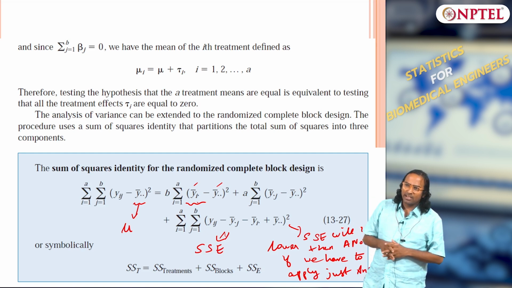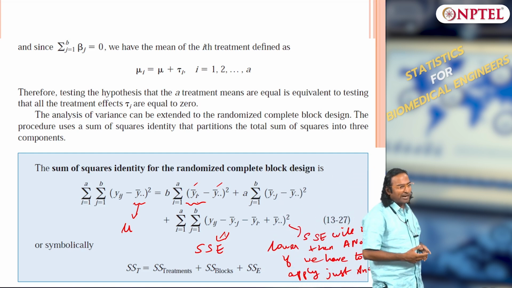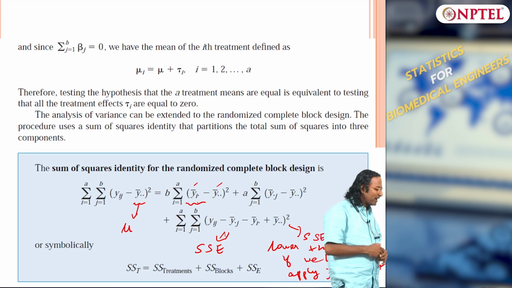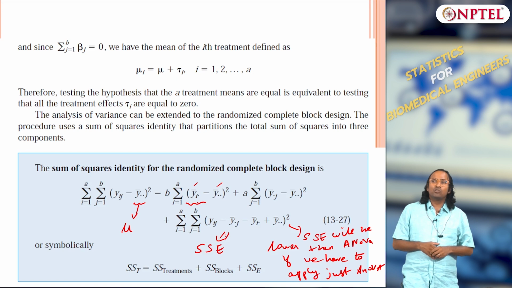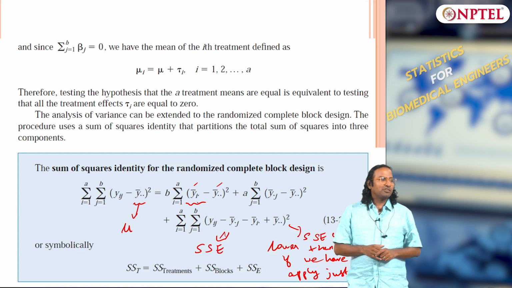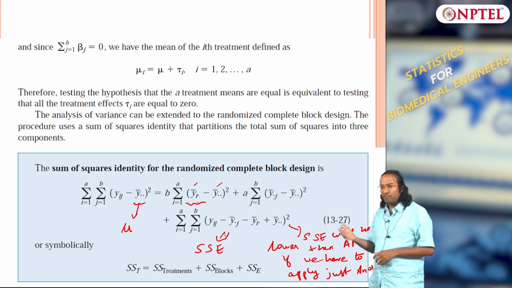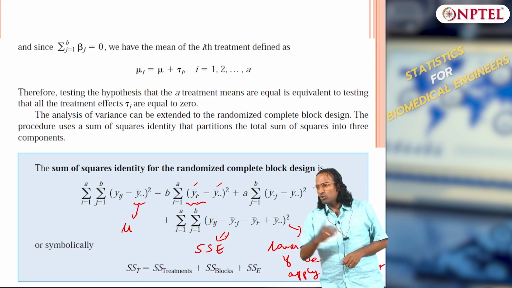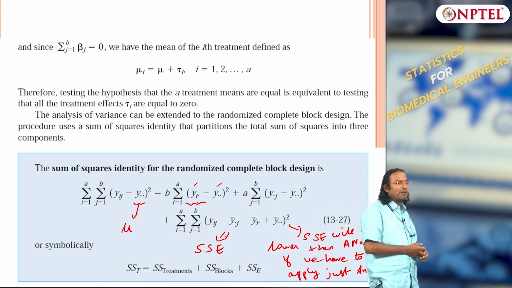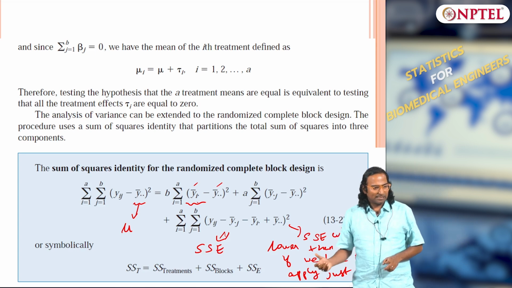The reason behind blocking is that your mean squared error gets reduced, because there are 3 factors now, which are treatment, blocks and errors, right. So, your mean square error comes down. Obviously, if your mean squared error comes down, the power of your test will improve, because your F test is based on mean square treatment over mean squared error. If your mean squared error comes down, then your power of the test goes higher. So, that is the reason why you want to do blocking, but notice there is a drawback: the degrees of freedom goes down, okay. So, the degrees of freedom will be lesser here.